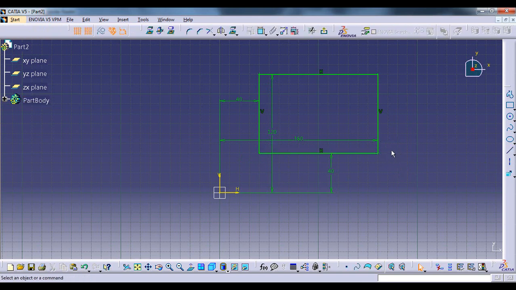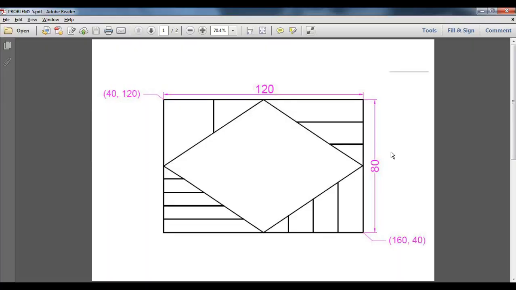So here is a rectangle. So we need to construct a rhombus in this rectangle. So we need to understand that constructing a rhombus in this rectangle is only possible if the vertices of this rhombus are actually at the midpoint of these lines. So the next thing is we need to plot the midpoint of these lines.